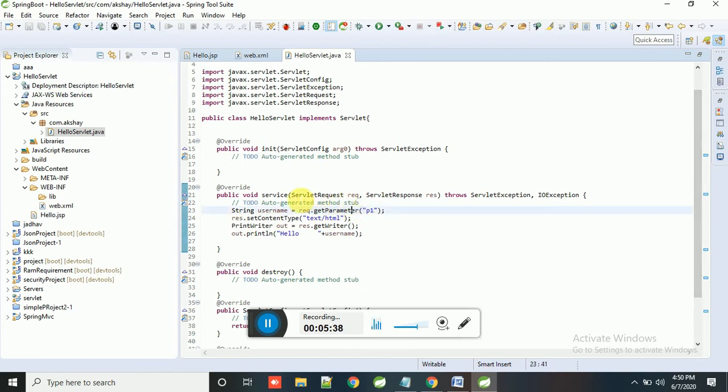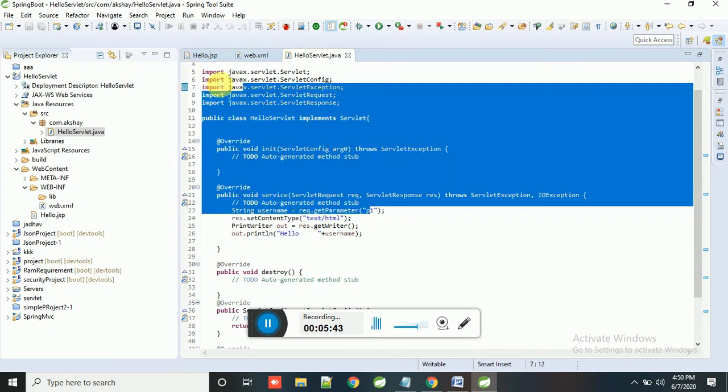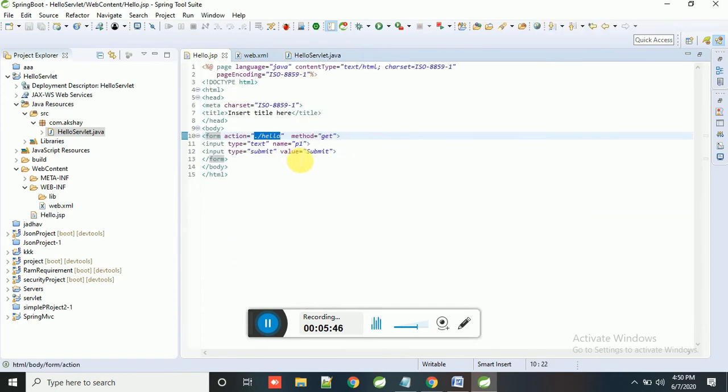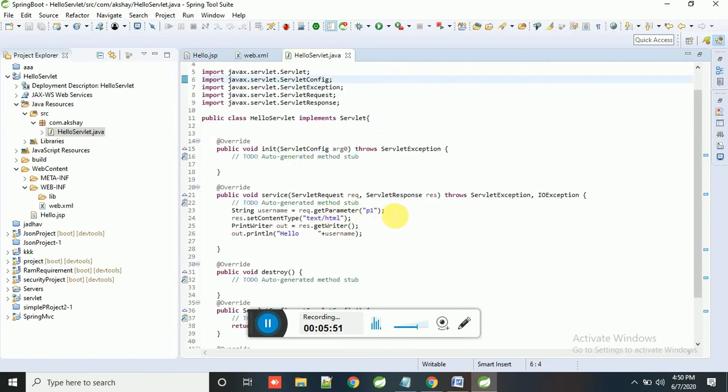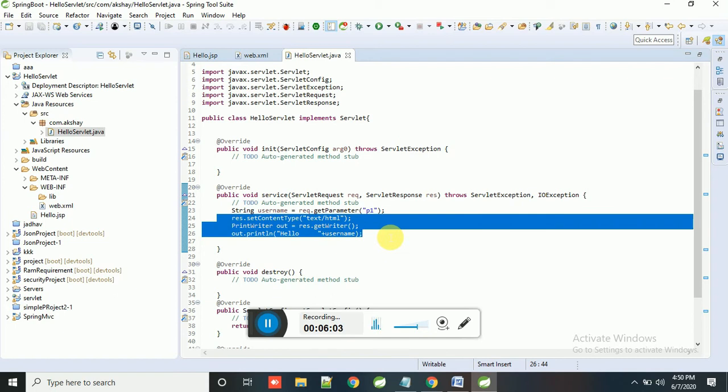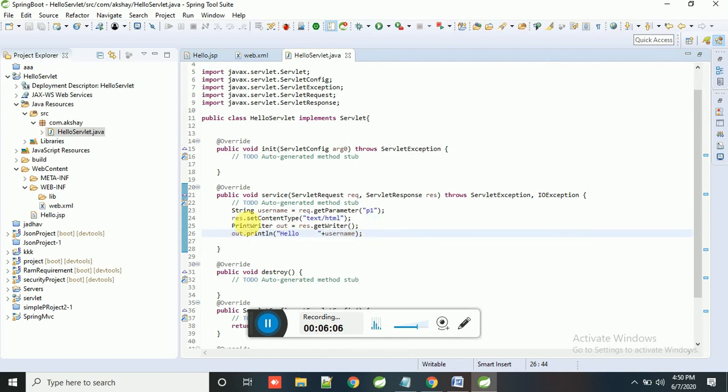At the time of the request we get the parameter p1, which we named p1 in hello.jsp. You can get that p1 from the request. Whatever you type again goes into that particular variable, and the output we write will go to the browser. With response setContentType you can set text/html, XML, or whatever you want.